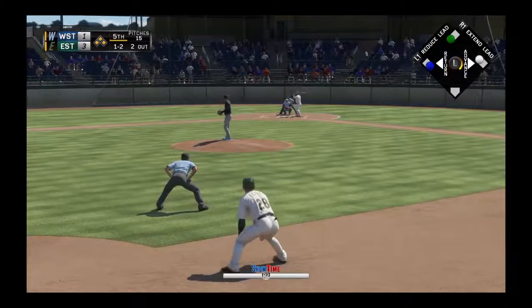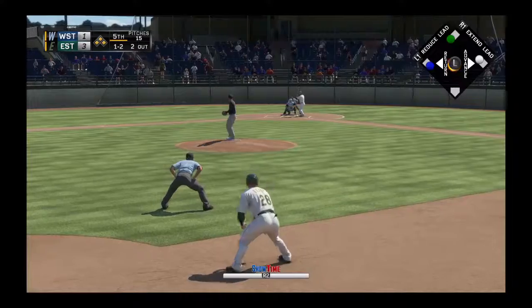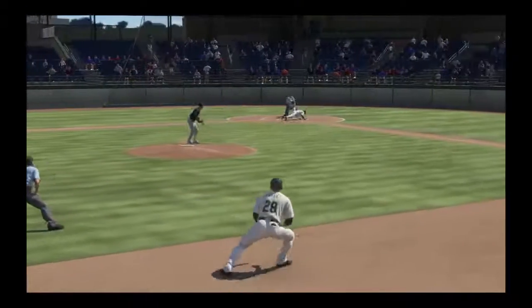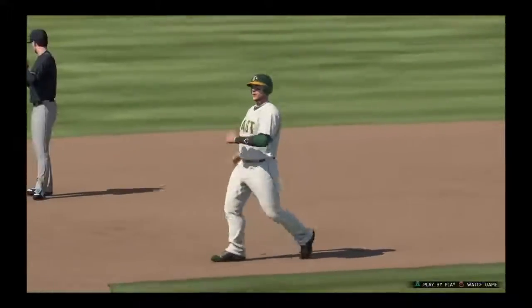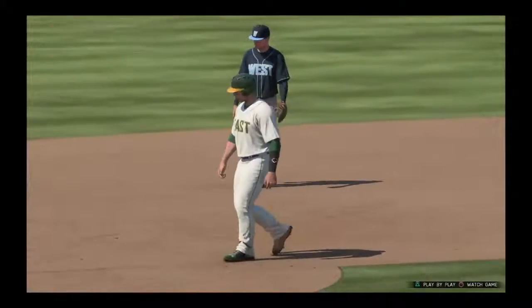Hey, get your pitch up there. Let's go, kid. And, oh, look out, as that pitch ran in and got him. And that's going to force in a run. Notch 1 in the score column as a runner from